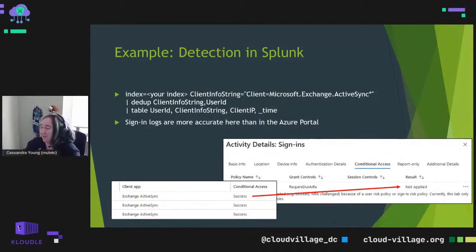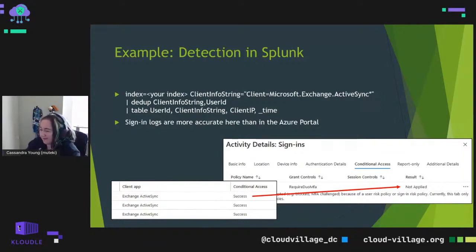So note about this, I just dropped a quick little Splunk query in here. This should catch most of everything and give you a breakdown of who's using it. But the sign-in logs are more accurate when they're accessed through the, I keep wanting to say UAC, Unified Activity Log, that's it. Unified audit logs in PowerShell,